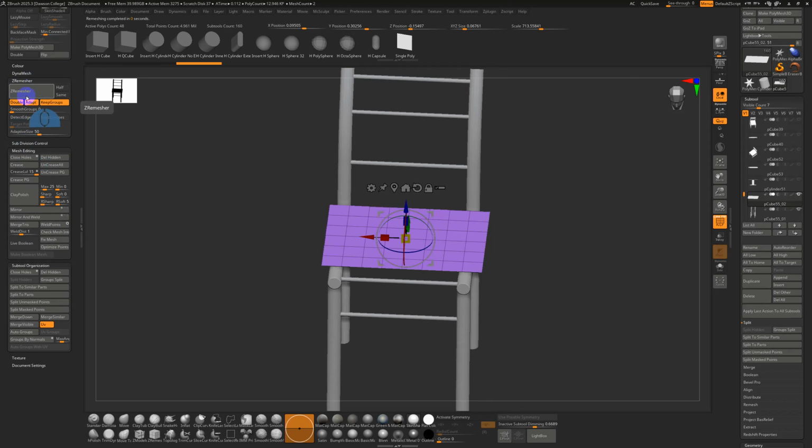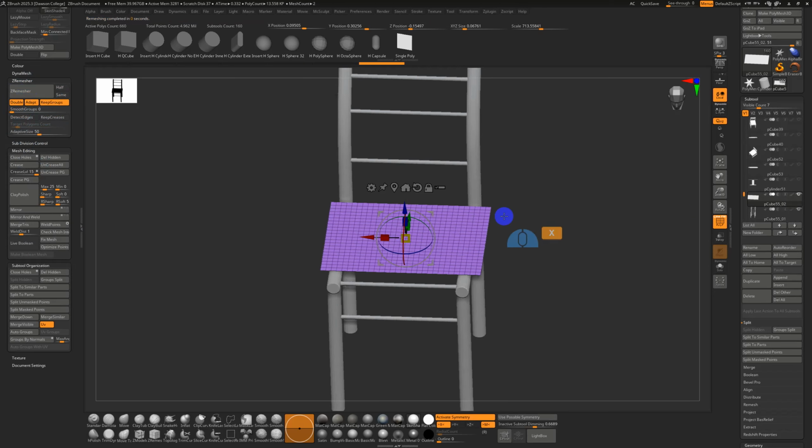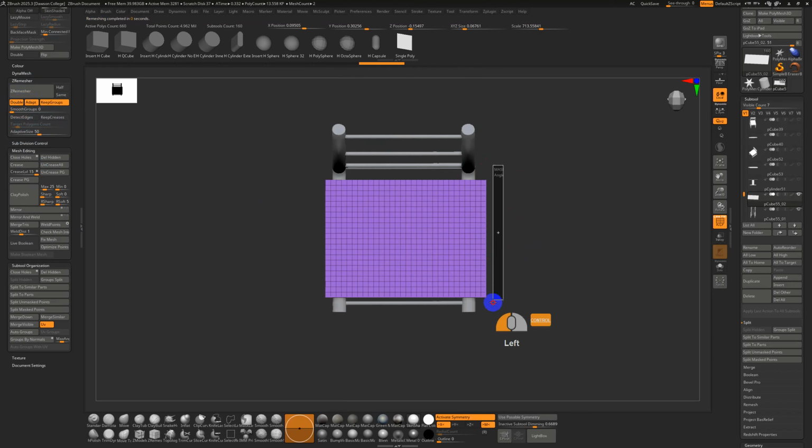I'm going to go to ZRemesher because I want a bunch of polys. I might just go to double. Yeah, can I double again? Double, double, double, double. Okay, so then in symmetry, I think I'll mask. By the way,